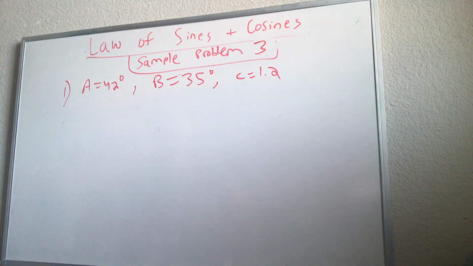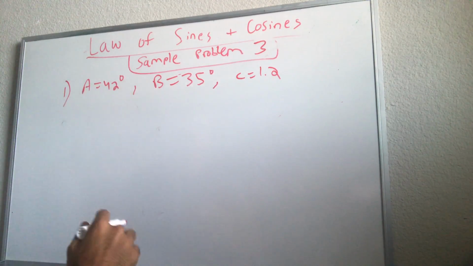Here is law of sines and cosines, sample problem number 3. So this is a different type of problem. Really, I think it would be much easier to solve this because we're given our values here. So when we have 3 different types of measurements given here, it's best to first make a diagram that sort